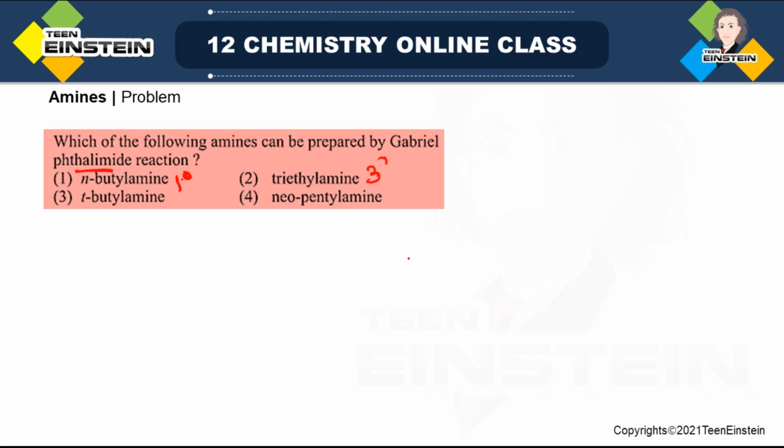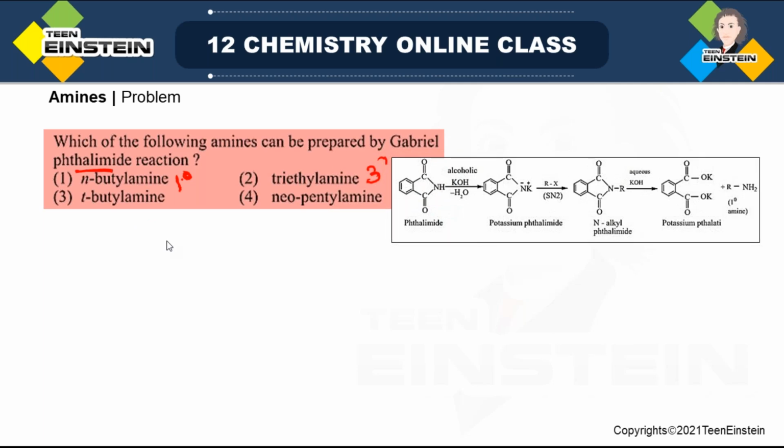Neopentylamine, this is a 5 carbon chain amine. This is also 1 degree. And tertiary butylamine, that means tertiary butyl group, then there is amine. This is also 1 degree. Okay. Now, if we look at the reaction,